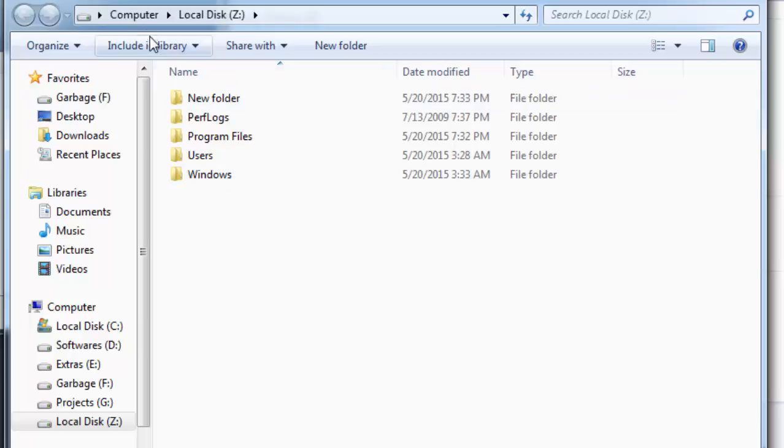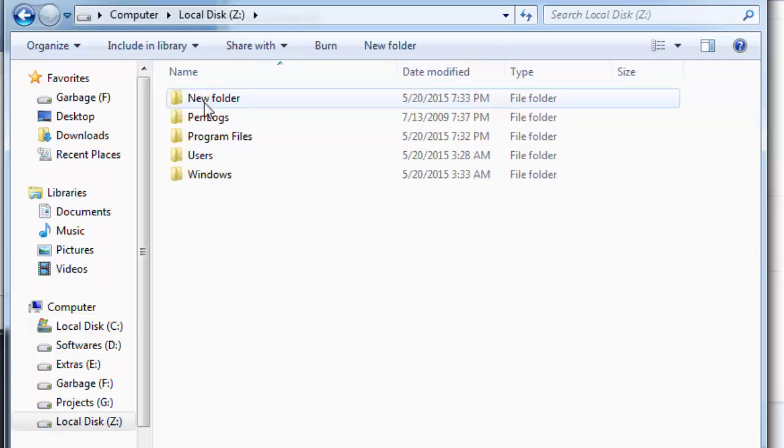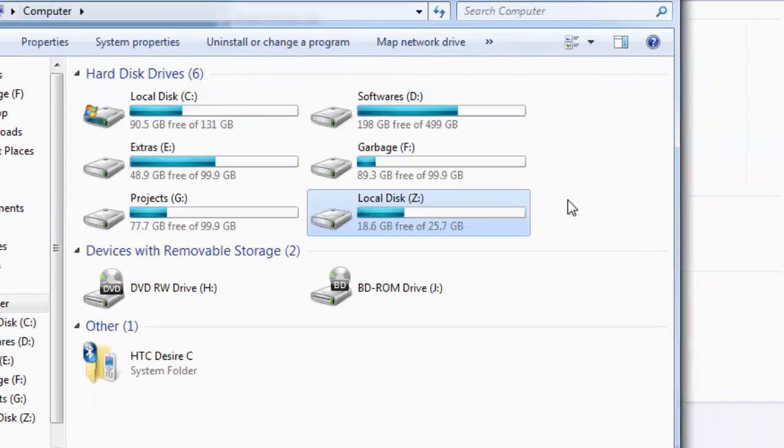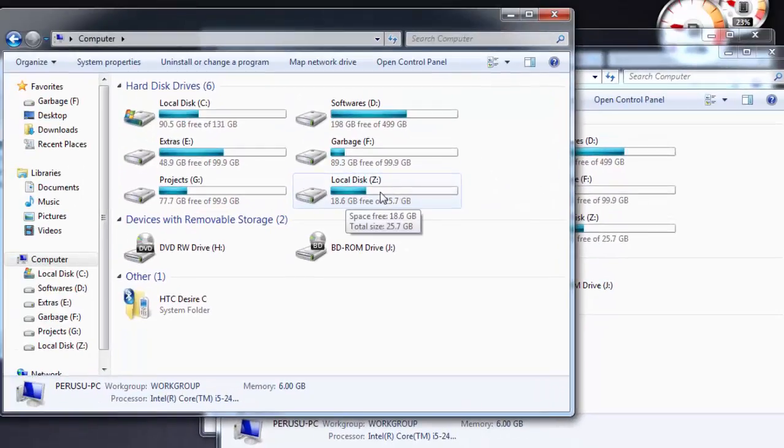Here comes the C drive in which we created a new folder in VirtualBox. So now that particular hard drive is mounted on the host computer. Now we are going to take the backup copy of it.